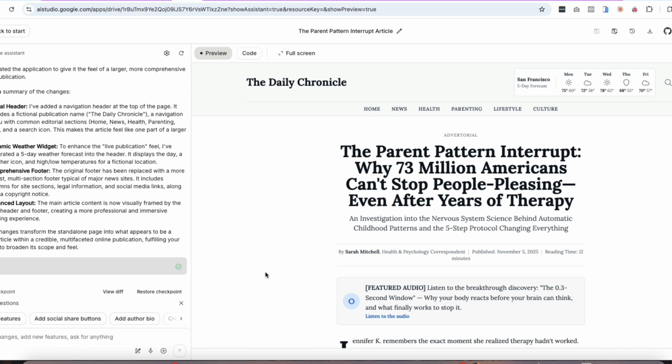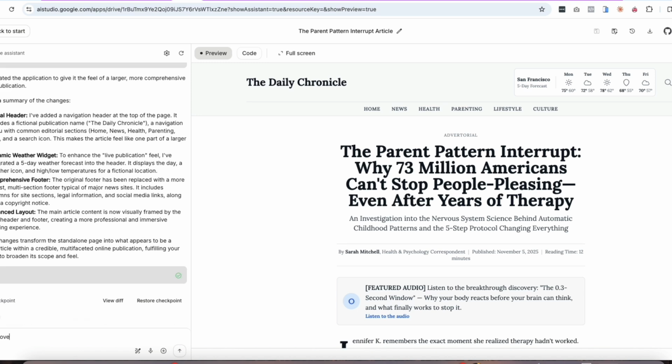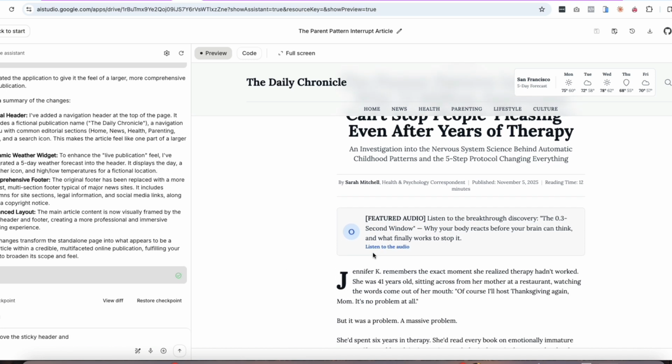I don't want it to stick. I want a sticky header. Let's remove the sticky header. Let's remove the sticky header and fix the featured audio sections, because right now it's showing brackets and broken symbols. We may need better play icons. And then